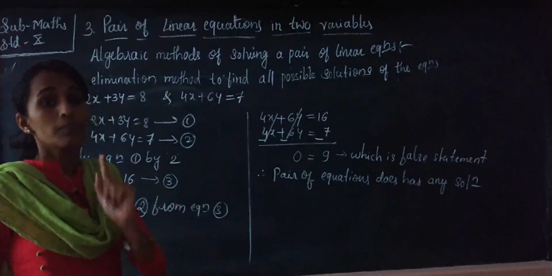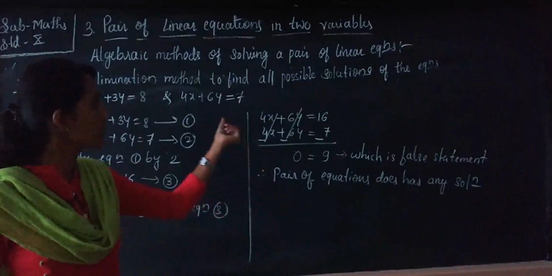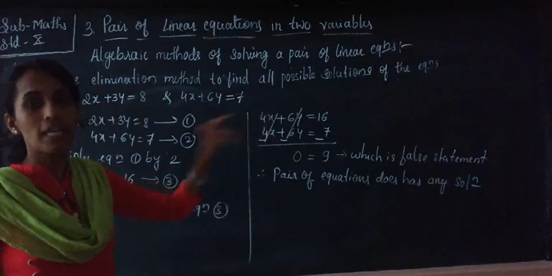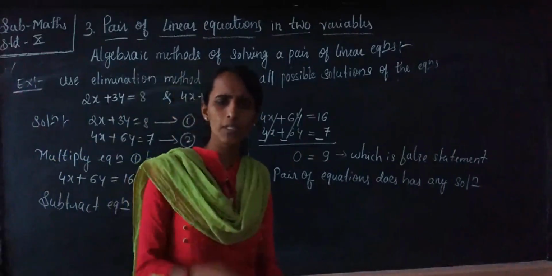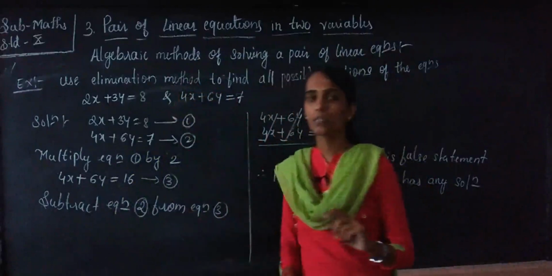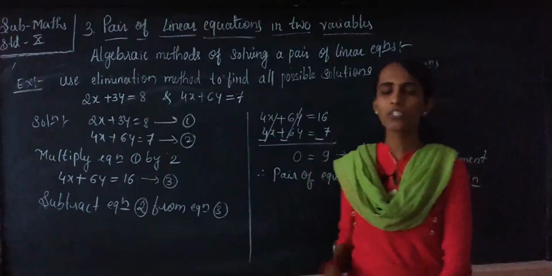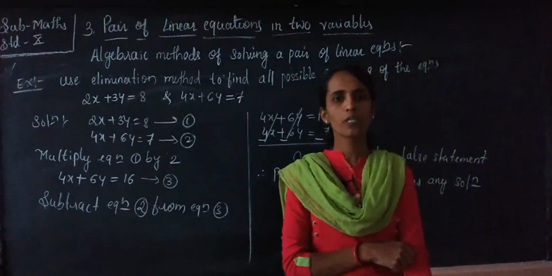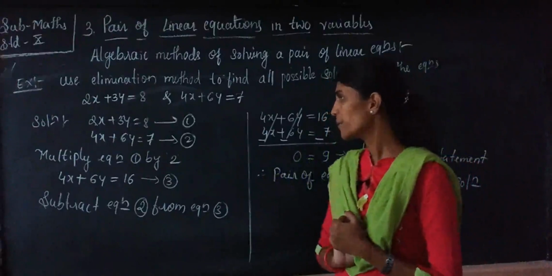That is the mistake they will do there. They will ask an example from the substitution method and say solve this example by the elimination method. Yes, we can solve any pair of linear equations by all 3 methods. But if they specifically say by the elimination method, we have to follow the elimination method only. This year we follow the elimination method only because the substitution and cross multiplication methods are reduced. So I hope you understood the elimination method.